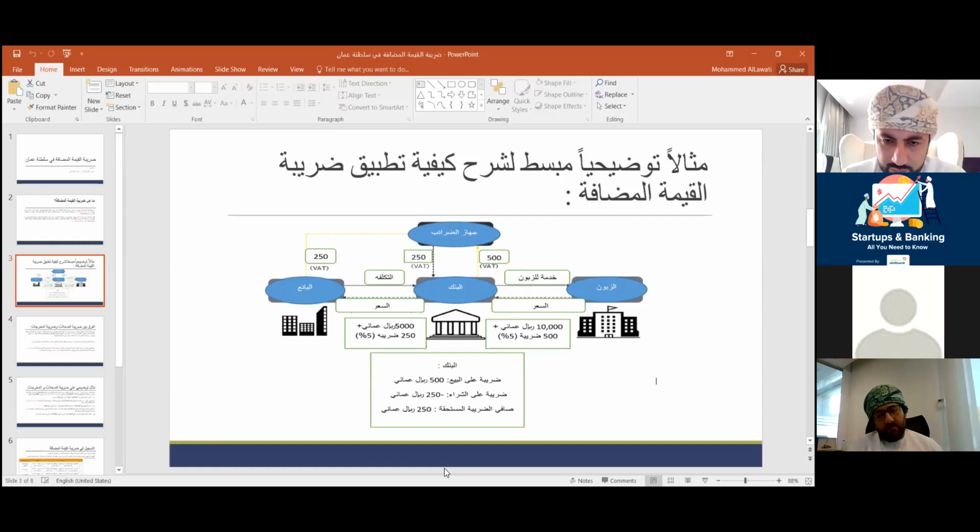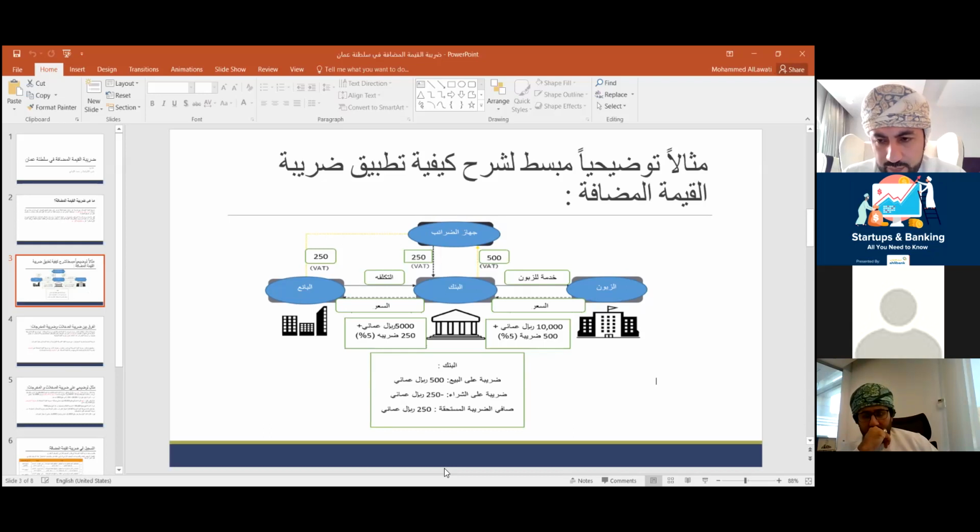So in a simple way, it is like a circle where the tax comes in and the tax goes out. We will pay the tax authority the net of whatever we are getting and whatever we are buying. And then if we see this example, we take a bank in the middle,